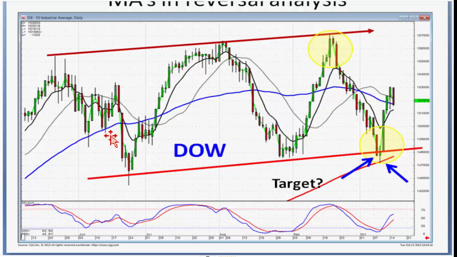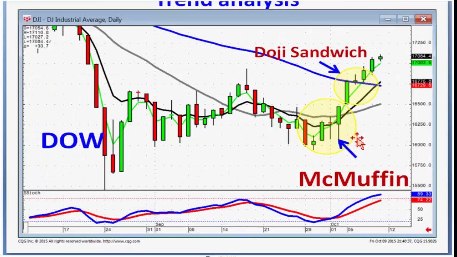The 20-day moving average usually works more effectively once a trend has been established for a while and they don't come back to the 50. They'll start using the 20 as a support and resistance level. So